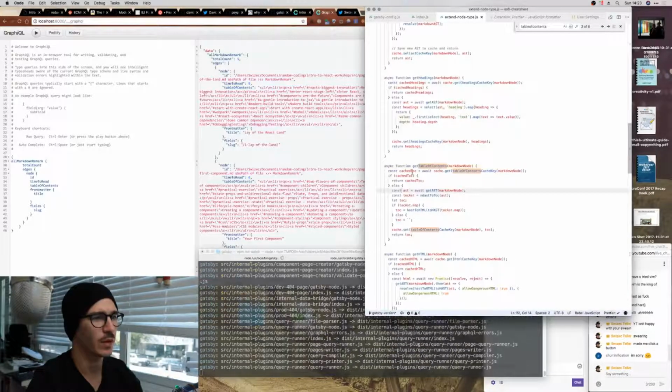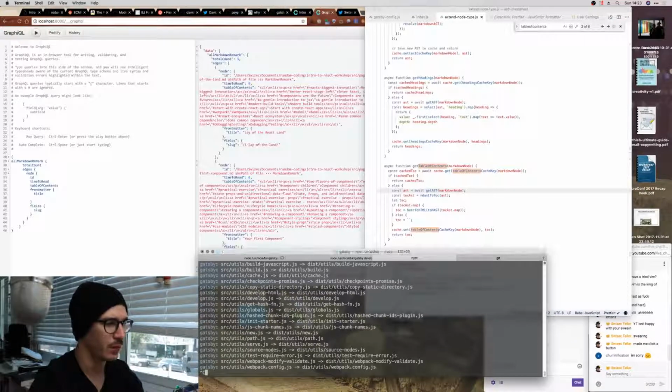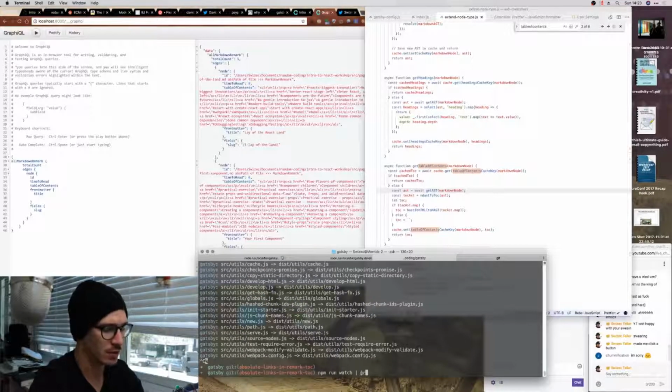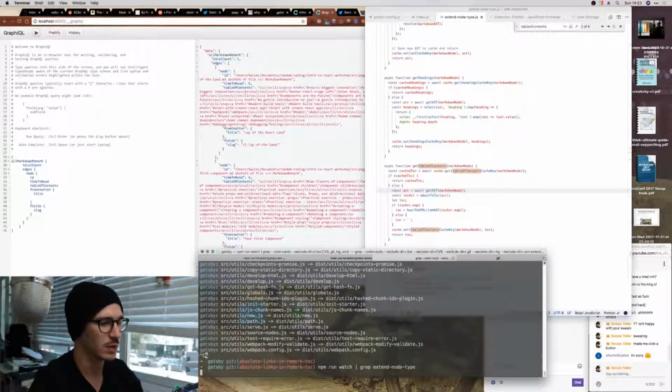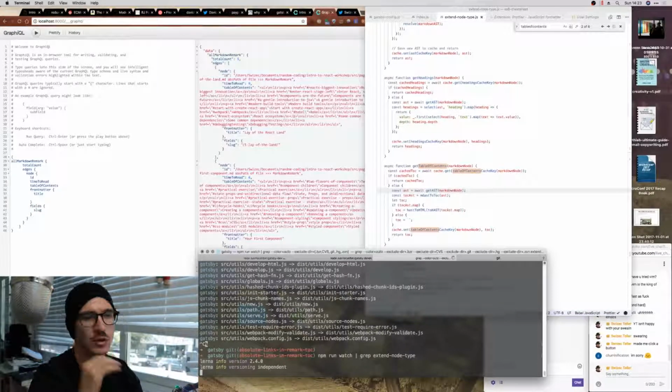Yep. Okay, so this must not be the real source file. So I'm going to try this. Stand node type. Okay, let's see where the actual source file is. I think if I run npm run watch and pipe it into a grep, it's going to show me the line that says